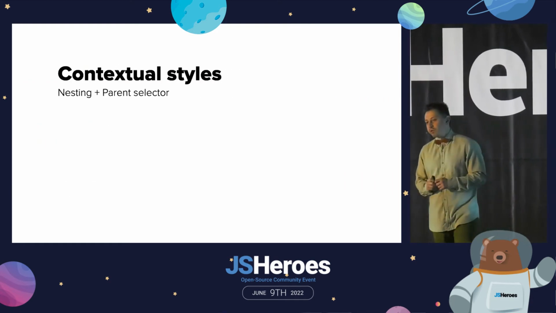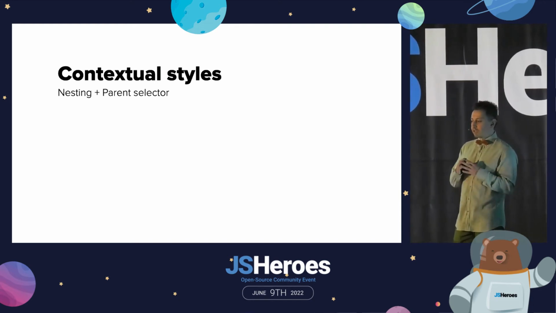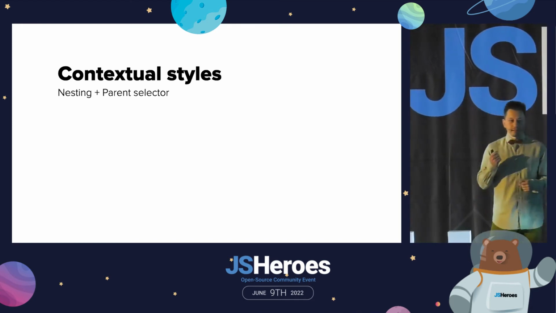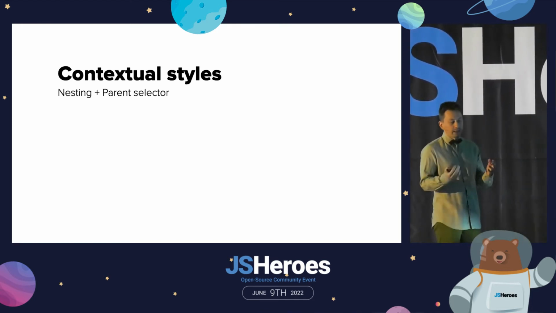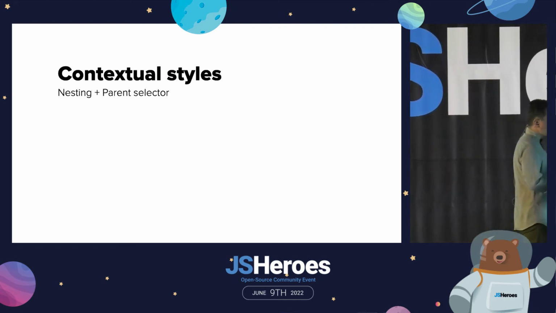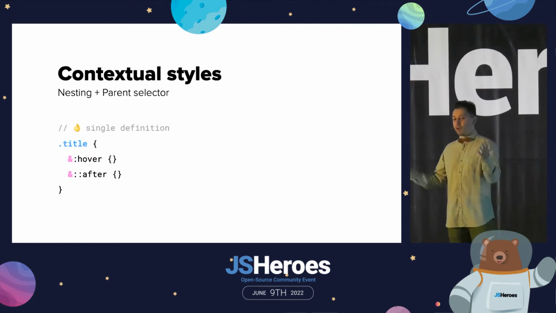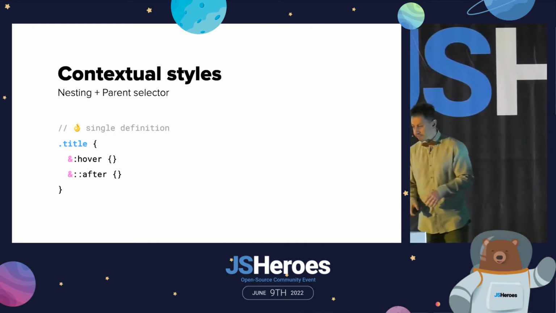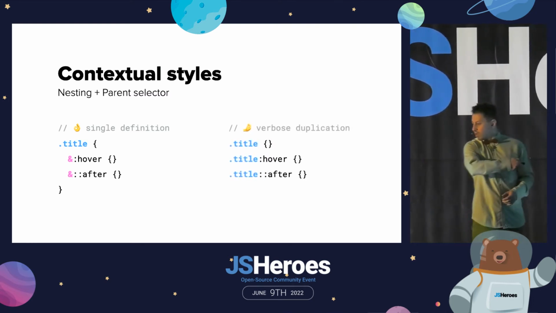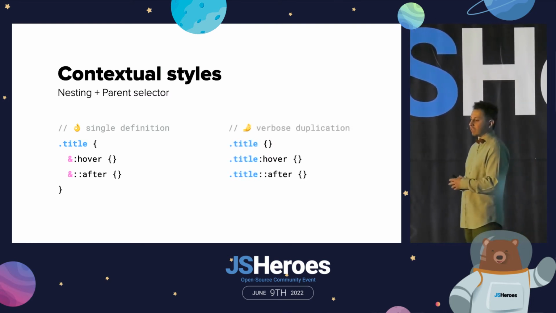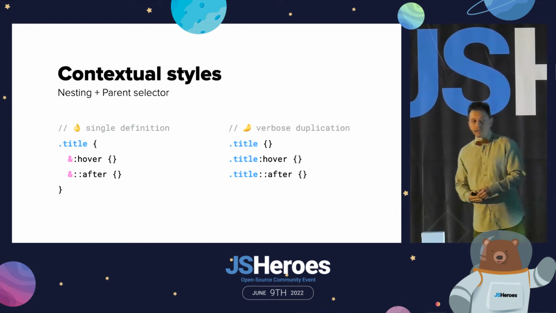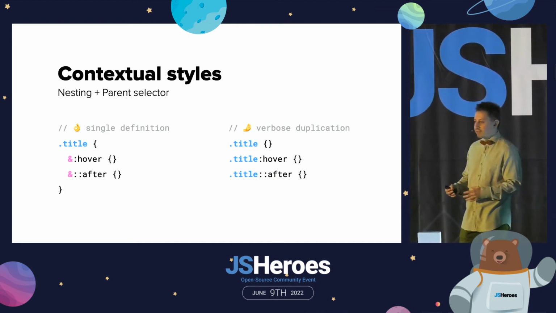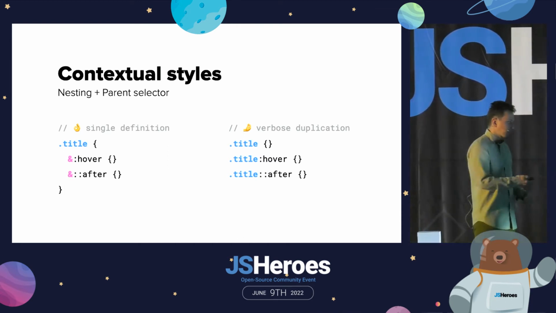But another one that truly changed the way we author CSS styles nowadays is a combo of two features, nesting and the parent selector, because they provide what I like to call contextual styles. And these contextual styles basically allow us to define a selector only once and collocate inside it any pseudo-classes and selectors. With plain CSS, we would have to duplicate the selector, right, introducing a lot of duplication. Now with complex selectors, this becomes a scalability concern. And if we throw media queries into the mix, then the problems scale exponentially.